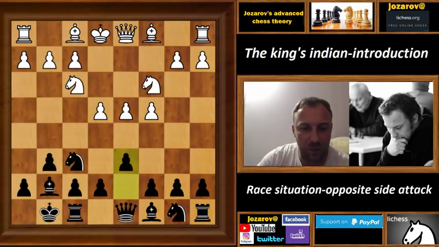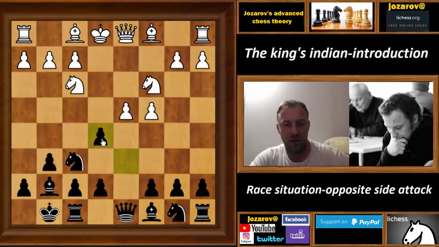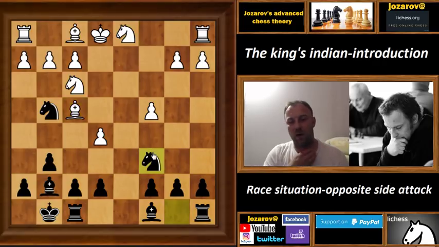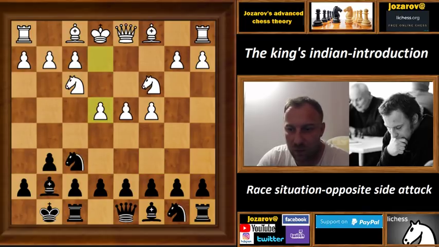So in this variation, white cannot play this e5 move because after taking with the pawn, then queen takes, knight takes, and knight to g4, bishop to f4, and with this move, knight to c6, black would take this pawn and would have a completely winning game. So let's go to this position. After d6, white plays